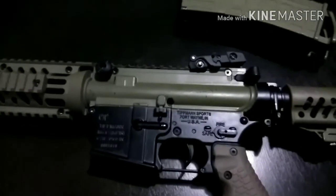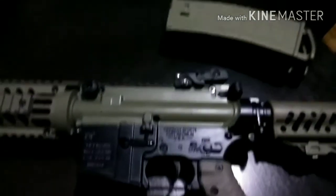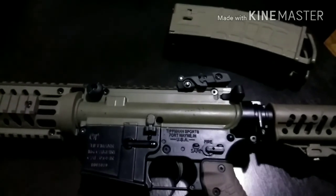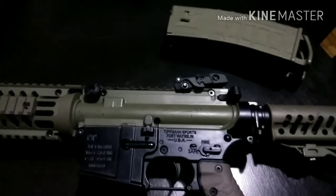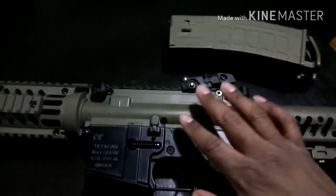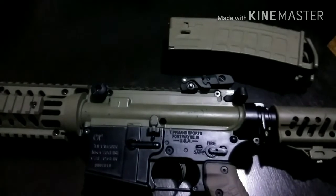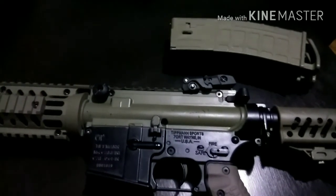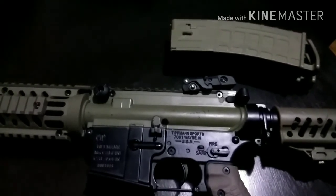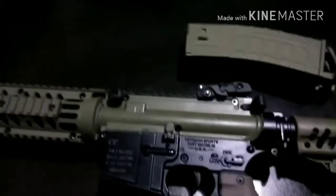As you can see, there's plenty of battle damage here. So this TMC has seen a lot of action, and I've also tested out a lot of products that are specifically for AR-15 and AR-15 variants, with the TMC being pretty much one-to-one scale in a lot of areas. They accept a lot of things, and I decided to try my luck today with a product that has been around since 2006. It's been in the airsoft world for a while. It's actually a little hard to find at this point because they're starting to phase it out. And without further ado, that is